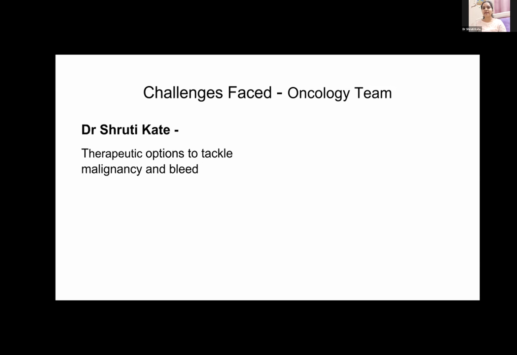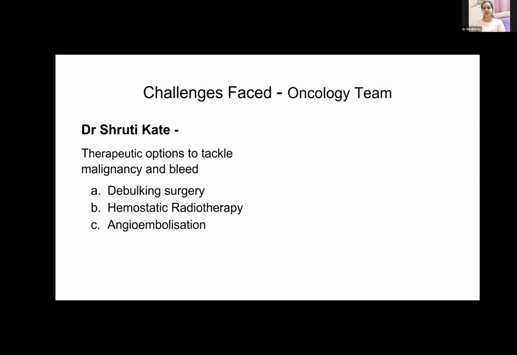I will tackle the bleeding first because I need to hemodynamically make her stable before I can treat her for her metastatic disease. So I would want her to stop bleeding first. So I see at this point debulking surgery and all cannot be done. She is performance status 2 and this is not an option for a metastatic patient.